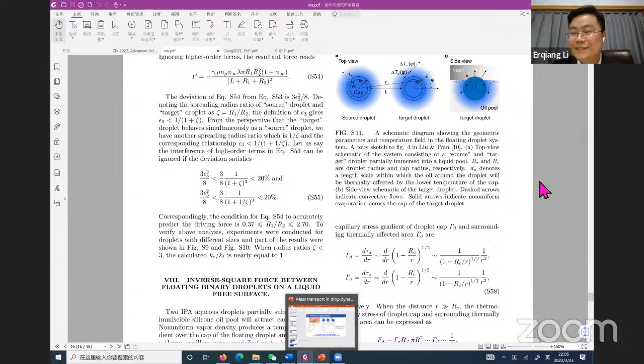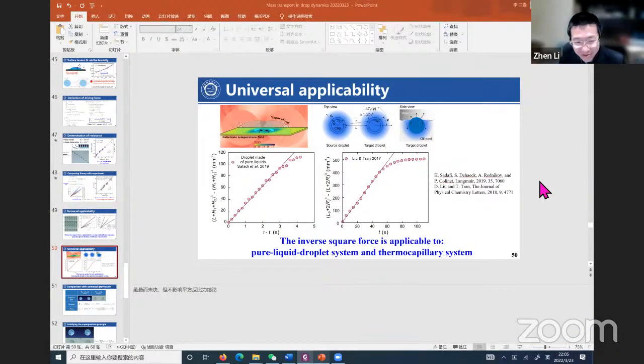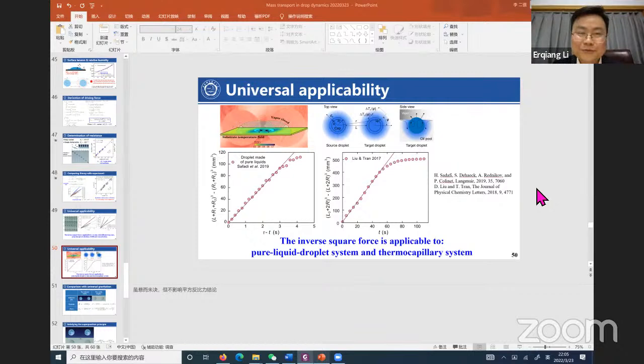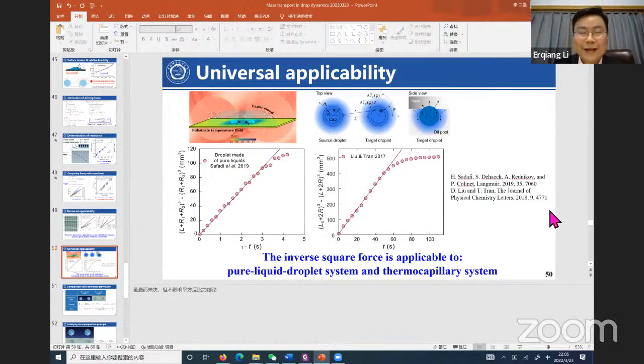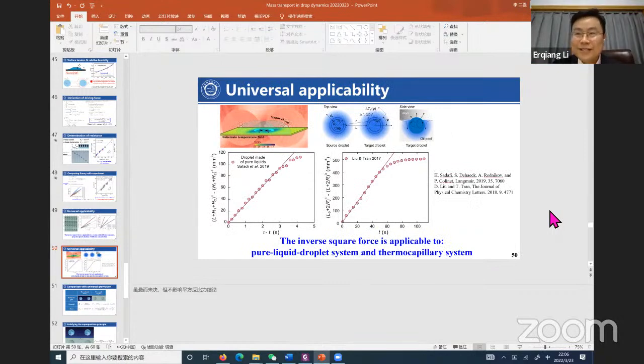Okay. Yes. Thank you. It's a very interesting formula. Thank you. We hope the community or colleagues can have this in mind. Whenever you do this kind of experiments, like either evaporation or the thermocapillary system, you can try to draw your experiment data in this way. If in this way you do the differentiation form, that usually means there is probably some inverse square force here. So I think that is more important to our community.